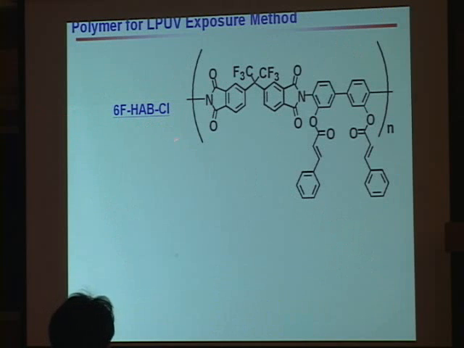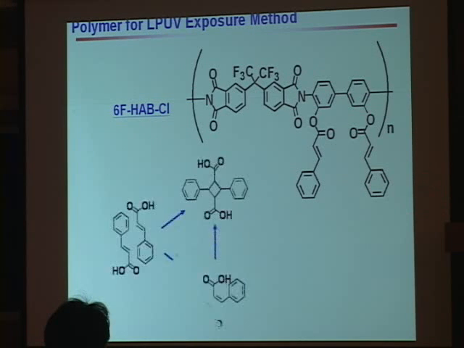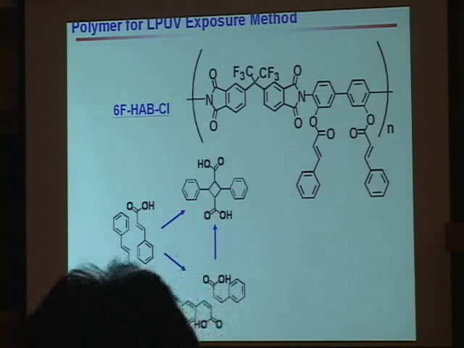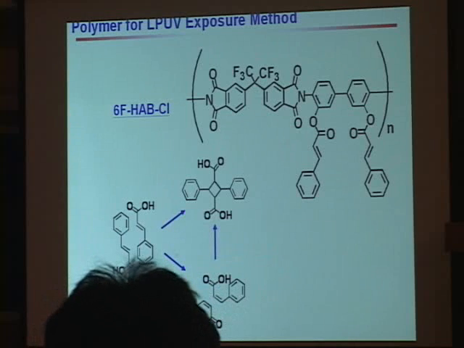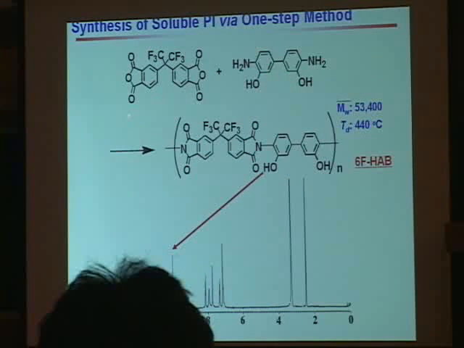Today, I'm talking about 6F-HABCI. It means the polyimide backbone is 6F-HAB, and the CI means it has the cinnamate group as a side group. As everyone knows, this cinnamic acid undergoes photodimerization or photoisomerization, and finally the isomer goes to photodimer like this. So firstly, I synthesized using 6F and this HAB unit by a one-step method, and we measured the